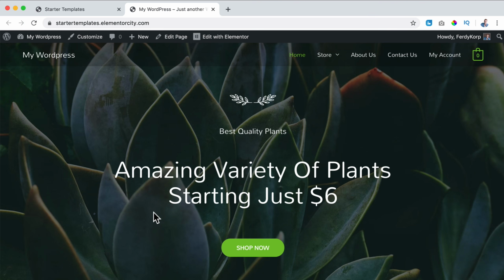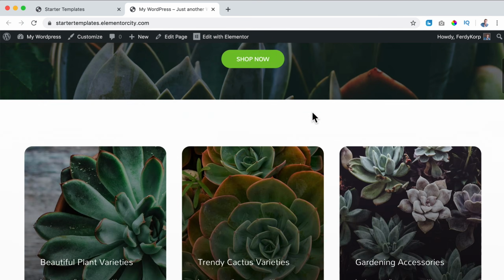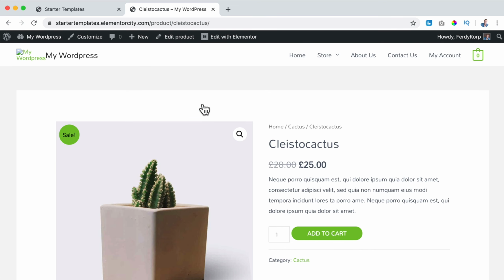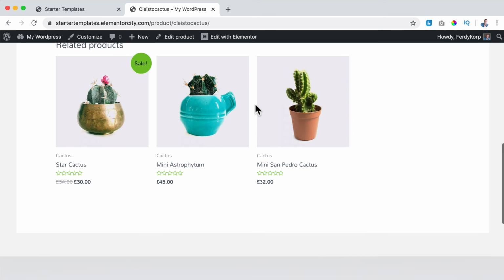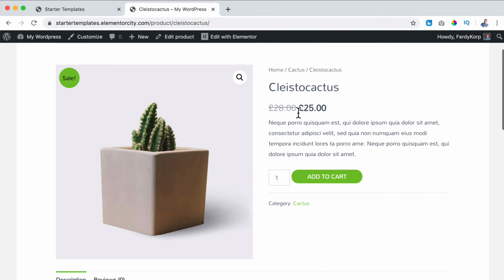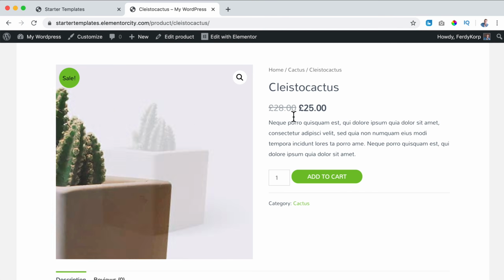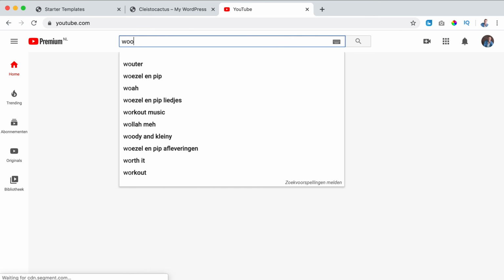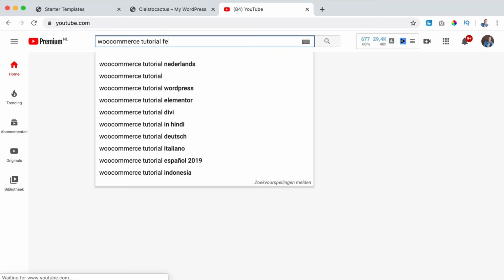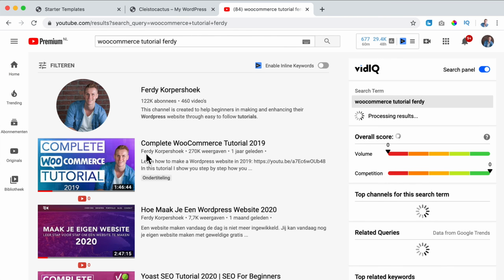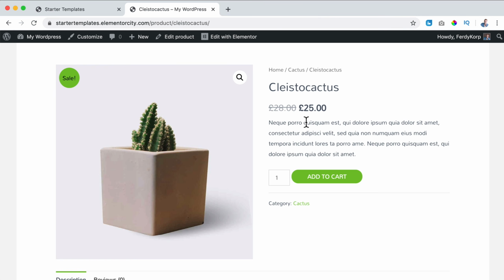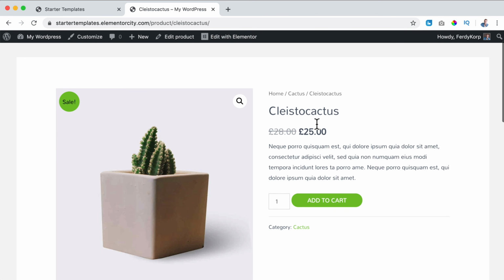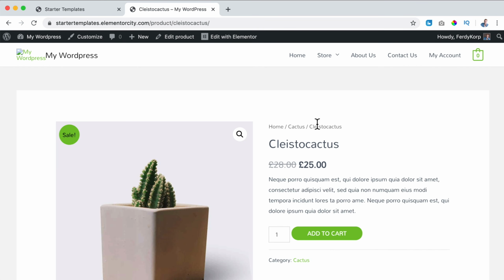Now I view the site and look at this, how beautiful it looks. Not only that, we also have a web shop. So if I click over here, look at this, it looks beautiful, related products. Of course, we can change this to euros or dollars. We can configure this. By the way, if you want to know how to create an e-commerce website, go to YouTube and there you can search for WooCommerce tutorial 30, because then you will see mine first. That one. I've also tutorials about how to make a complete website from scratch, but this is what you can do with starter templates. They are going to add more template kits.